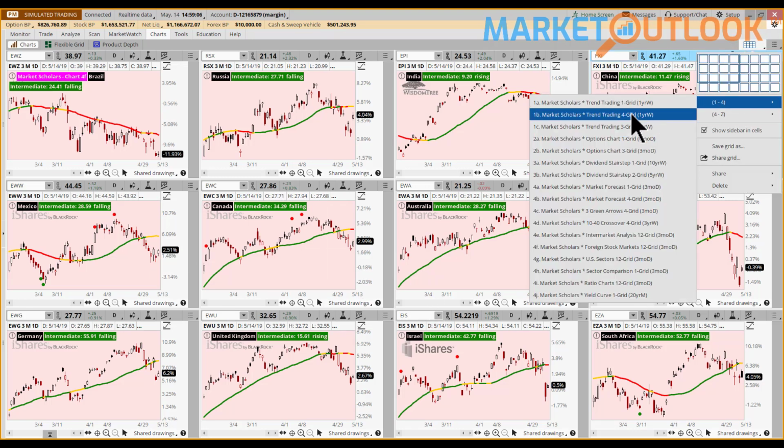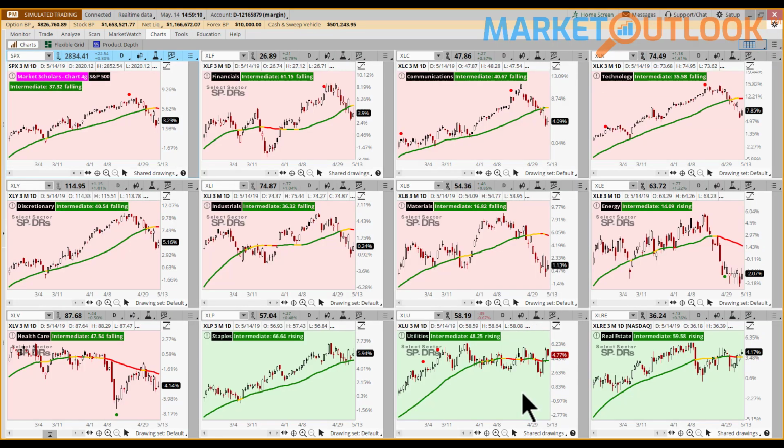Let's now take a look at our next 12 grid, and this will be our U.S. sectors 12 grid. All right, so you should see a theme here right out of the gate. You should see it immediately, and that is your green charts are on the bottom. And remember that the way that I set this chart 4G up for those of you that are premium members is I put those defensive sectors on the bottom in terms of the sector business cycle that generally exists out there. And when times get chaotic like they have been recently, where there is some more relative strength, not always